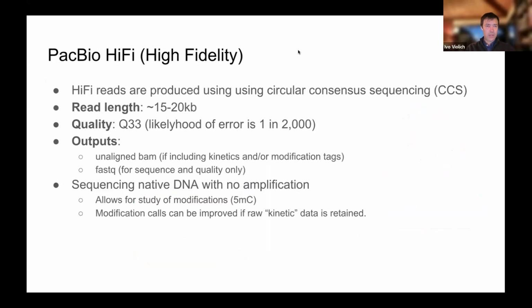So here are a few key things to remember about PacBio HiFi. The HiFi reads are produced using circular consensus sequencing, so CCS. I believe that's also the name of the program that outputs the HiFi reads from the subreads, and that can be done on the sequencer. So the output is normally HiFi reads, and you can save the raw data in the form of subreads. The read length, as I mentioned, for PacBio HiFi is 15 to 20 KB. The quality is